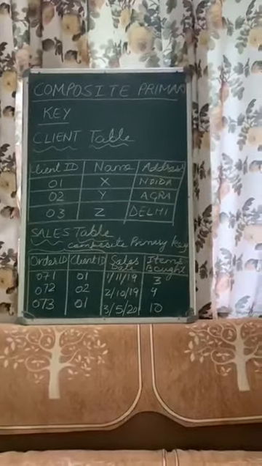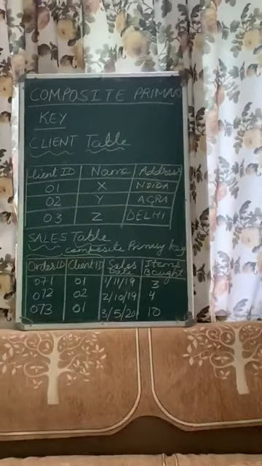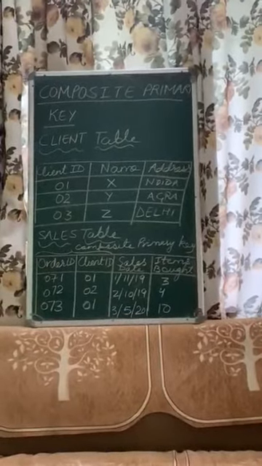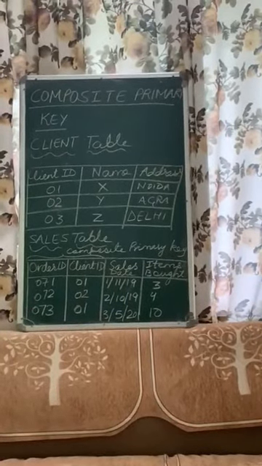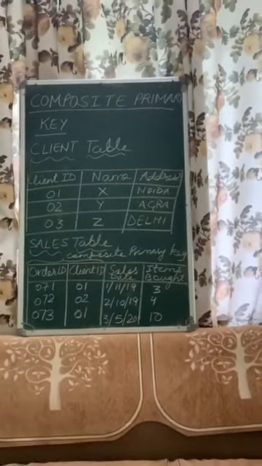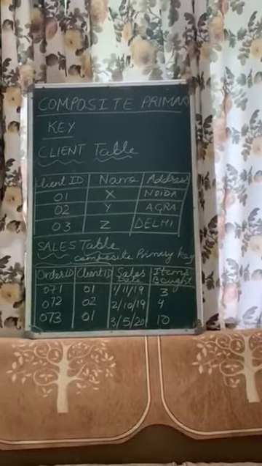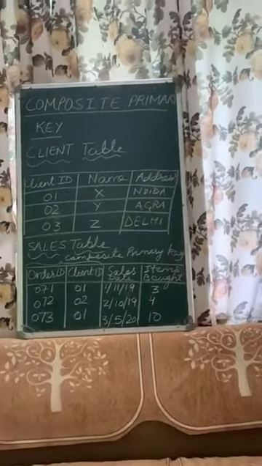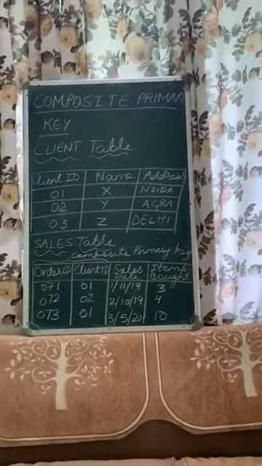Now what is the significance of maintaining the primary key and foreign key in a database? Primary key, as I told you yesterday, it was telling you unique values plus it was not null. So it is used to identify any particular entry in the database. So with the help of primary key, you can find or search any entry in the database just by means of primary key. When we will be studying about structured query language, this primary key will be helping in finding out the entry that you have entered in your database.